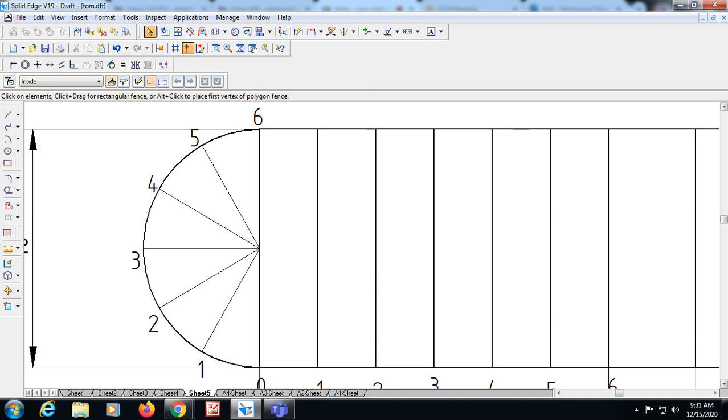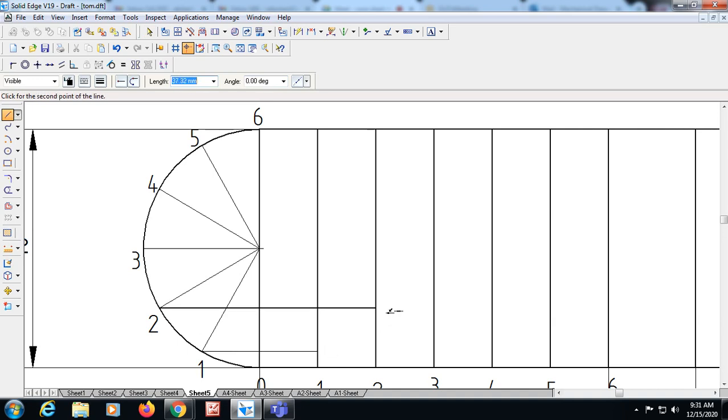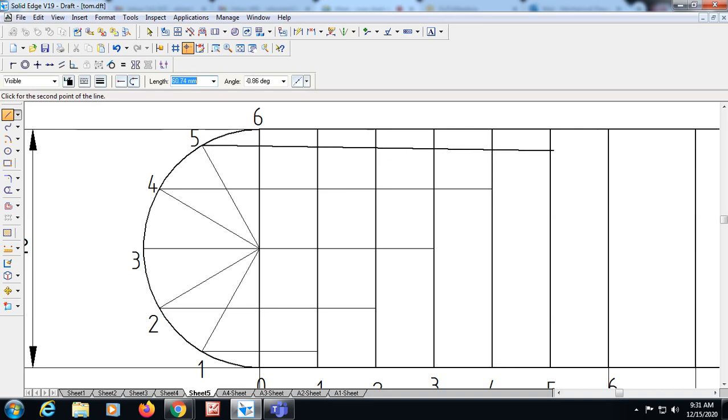Then what you have to do is draw a line from 1, and it will meet the line 1 here. Okay, then the second point will meet the second one, then the third one, the same line here, should meet the third line over here, then the fourth one should meet the fourth line here, and the fifth one should meet the fifth, and the sixth will be as it is at the top one.